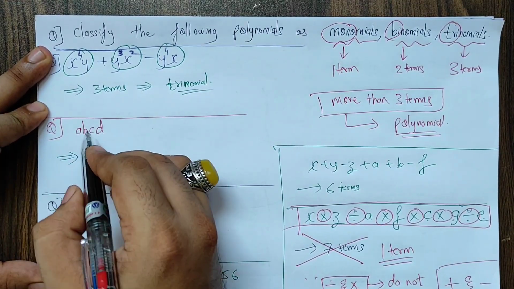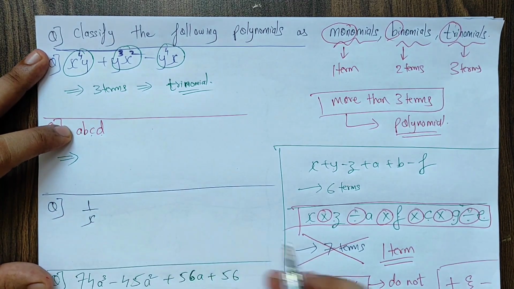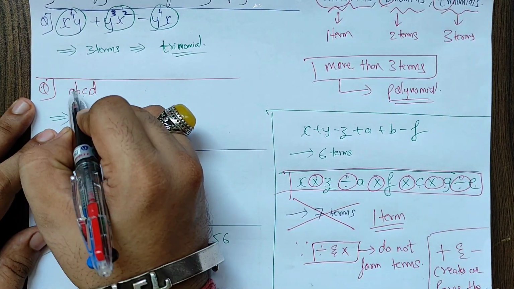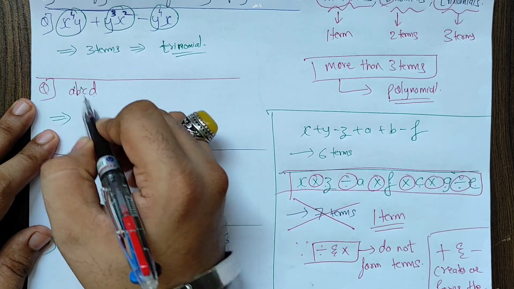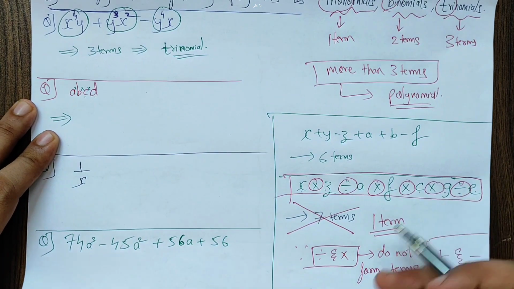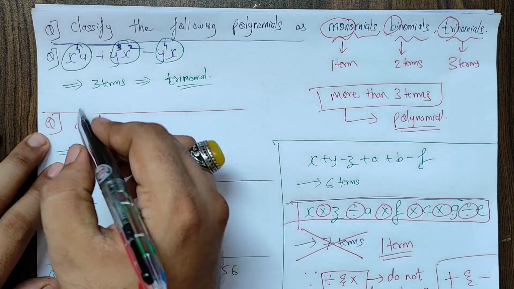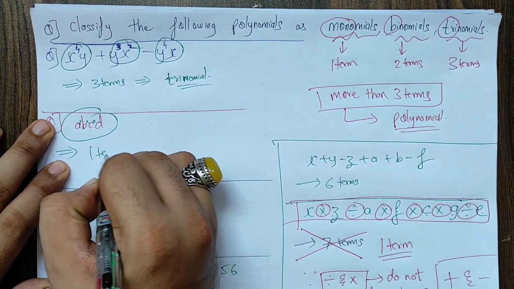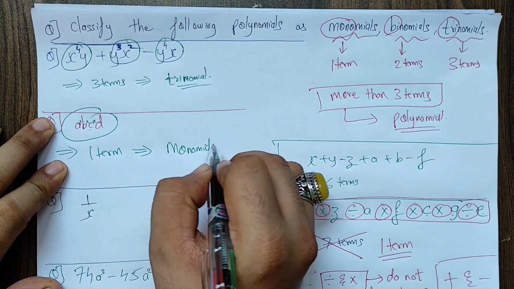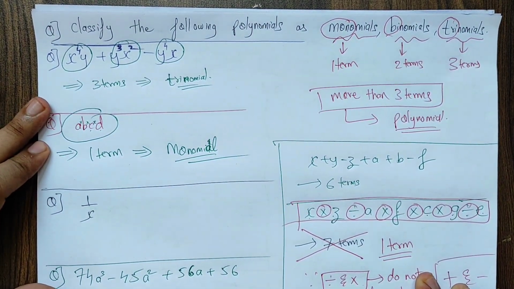Okay, next one. Will we consider A as 1 term, B as a 2nd term, C as 3rd term and D as 4th term? No. Here I gave you an example. Because between A and B there is nothing, which means multiply. Between B and C there is nothing, means we have multiply. Between C and D there is nothing, means we have multiply. And multiply and division do not form different terms, they do not separate the terms. So this A, B, C, D completely is 1 term. So 1 term means this is a monomial expression, please.